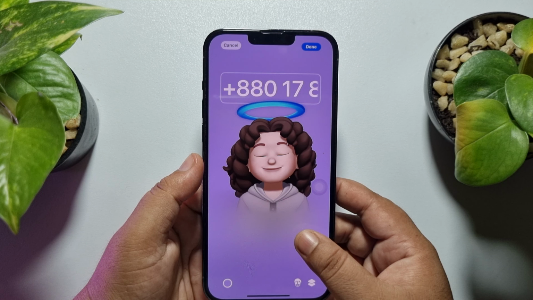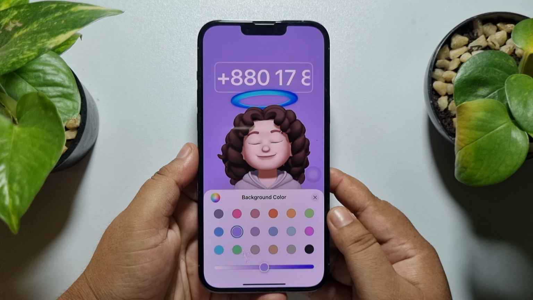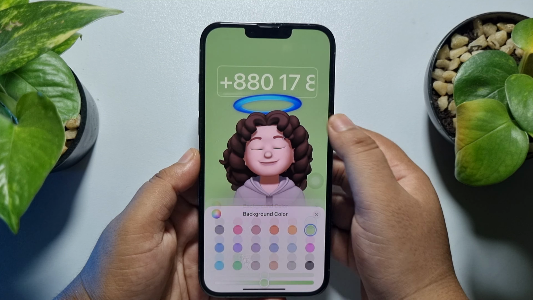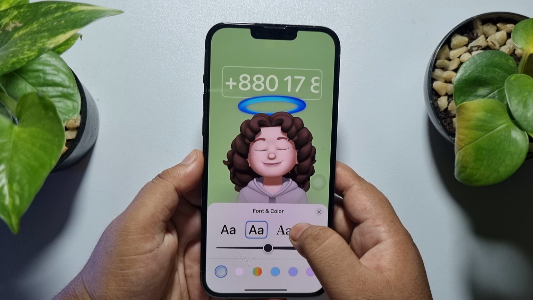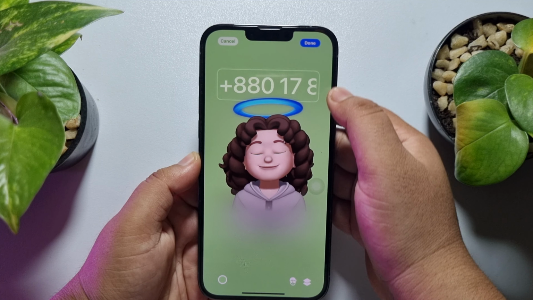Now if you want to change the poster background color, just tap on this color box, and from here you will be able to select a different color. Now tap on your name or number, and from here you will be able to customize your name or number. Then just tap on Done